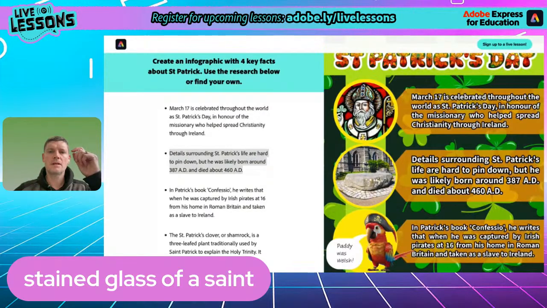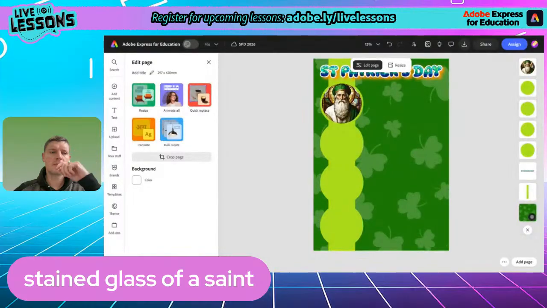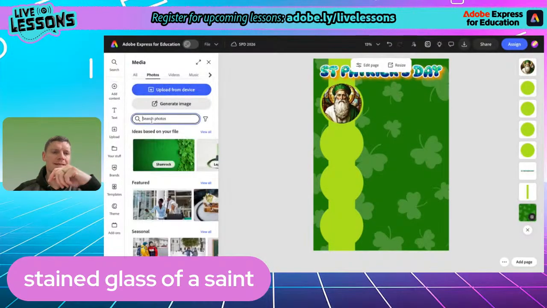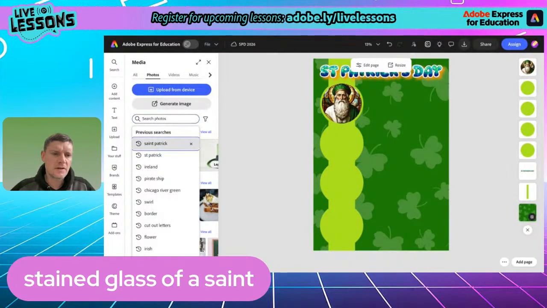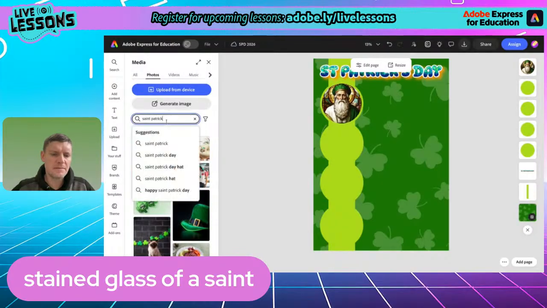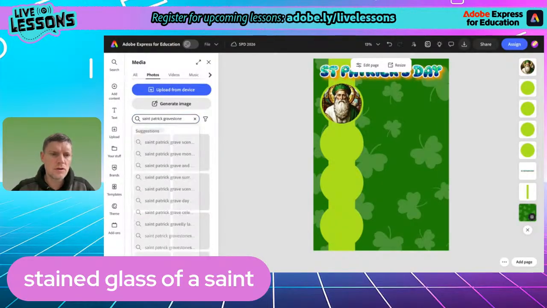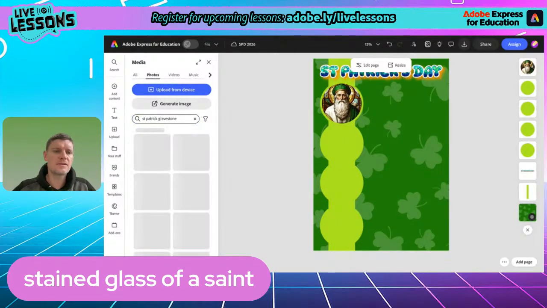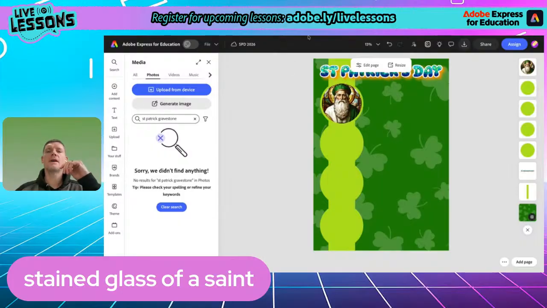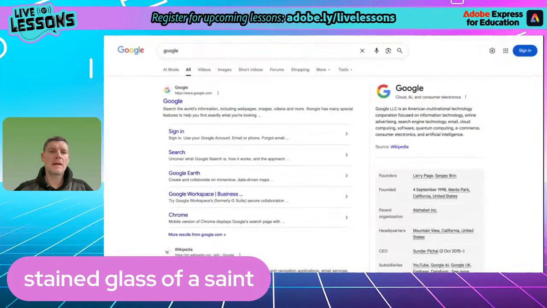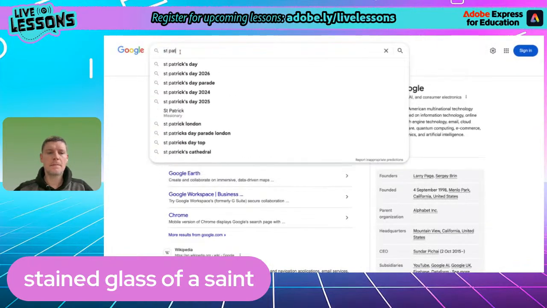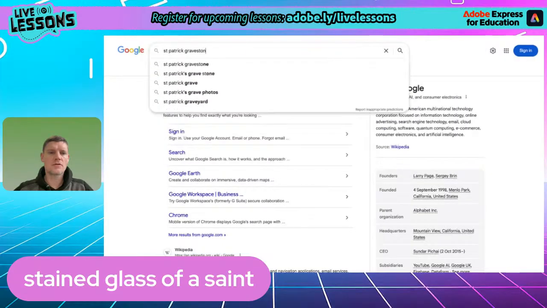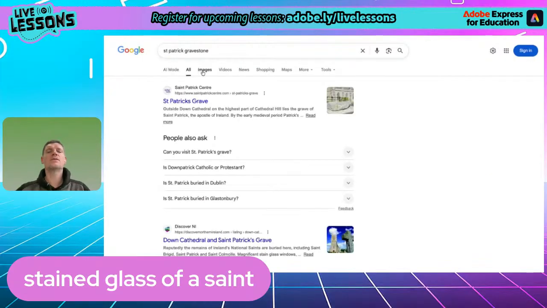So let me just share my tab, add content, media, because I did search for St. Patrick before. So if I go St. Patrick, and St. Patrick's gravestone, am I going to get that? No, we didn't find anything. Let me put St. Patrick gravestone. No, we didn't find anything. Okay, fine. No problem. So what we're going to do here is you can go to Google, and I'll go to St. Patrick gravestone. Okay, if you go to images,